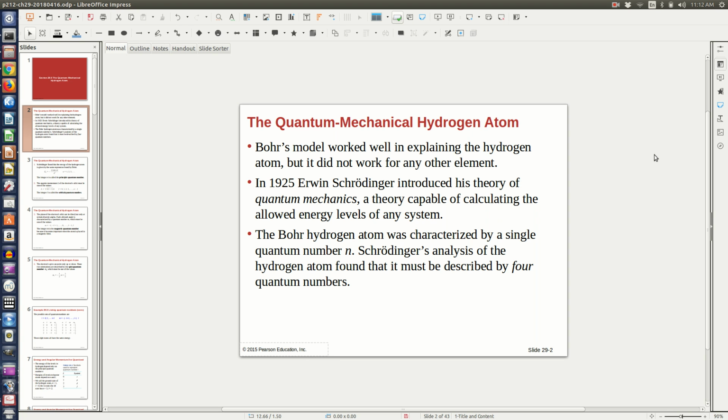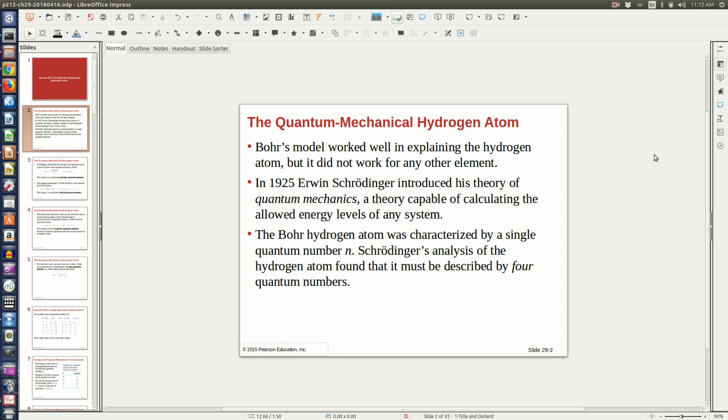And he was able to derive some fundamental quantities about the hydrogen atom, including the size of its ground state orbit and the energy of its ground state and the energies of all the excited states. In 1925, Erwin Schrödinger introduced his theory of quantum mechanics, which was based on a complicated differential equation that we're not going to study, but it was analogous to the classical equation for energy, equal to the kinetic plus the potential. But it was applicable to quantum mechanical systems, and it was a more complicated differential equation that was actually